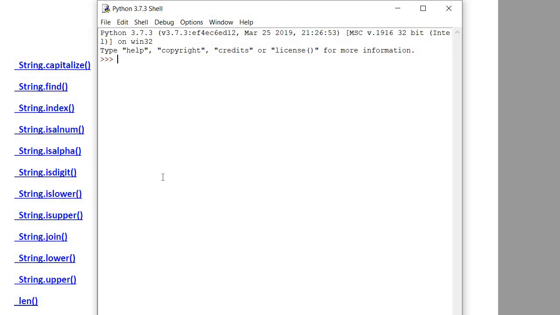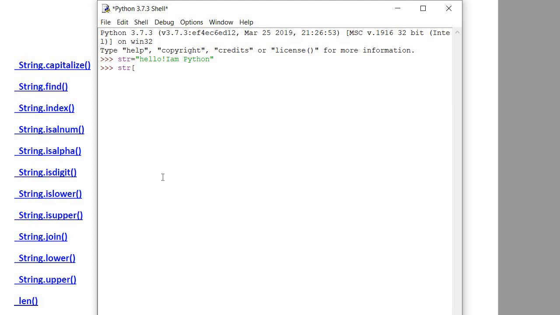Now see how the slice operator works. I mention here the string again as str, Hello, I am Python. Now if you want to slice this, you can easily slice your string str.